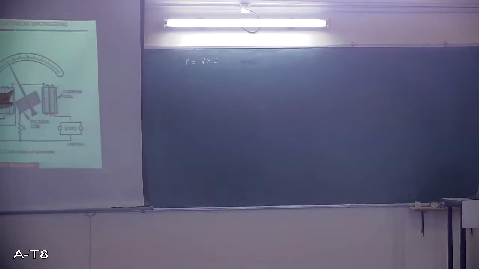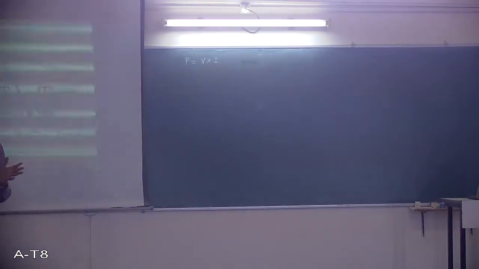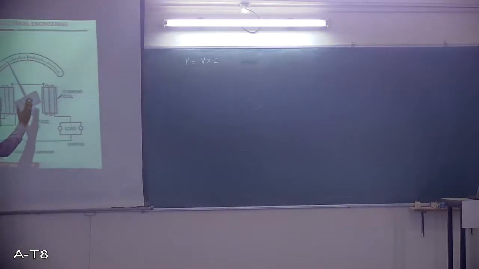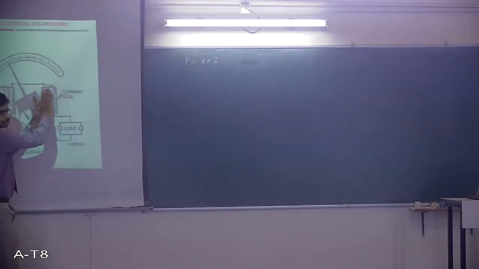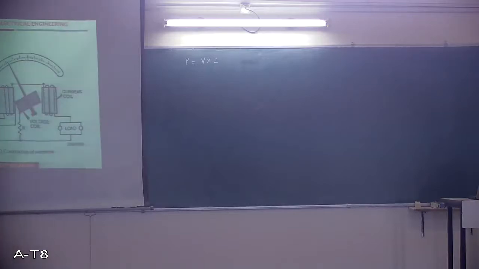Current which is flowing through the load is sensed by the current coil. How? Because whatever is the current that is flowing through the current coil is same as that of the load current. Now whenever current flows through this coil, what will happen? It has a natural property, it will produce a flux, isn't it? That means it will produce its own magnetic field. Now here what will happen? In this air gap between the two fixed coils, whenever current flows through these fixed coils, it produces a flux, magnetic field in this particular air gap.